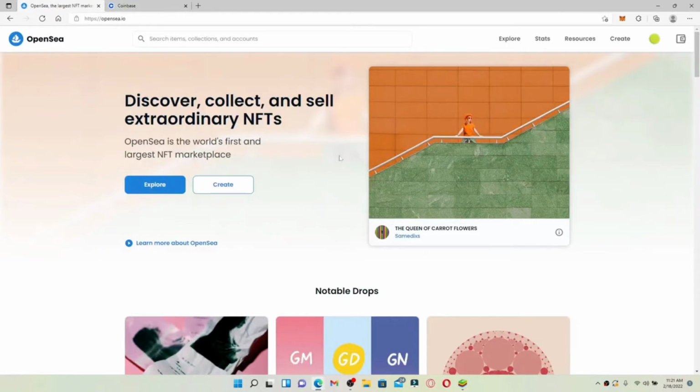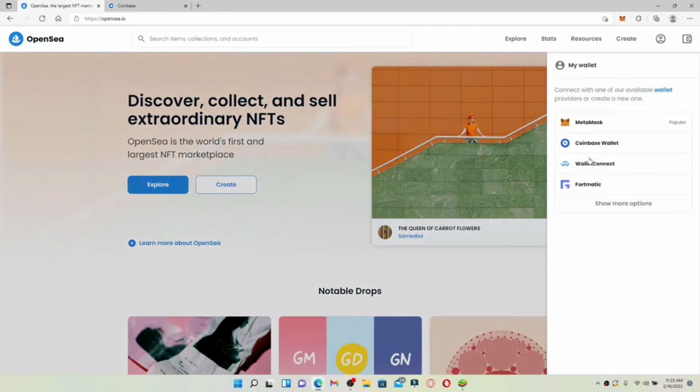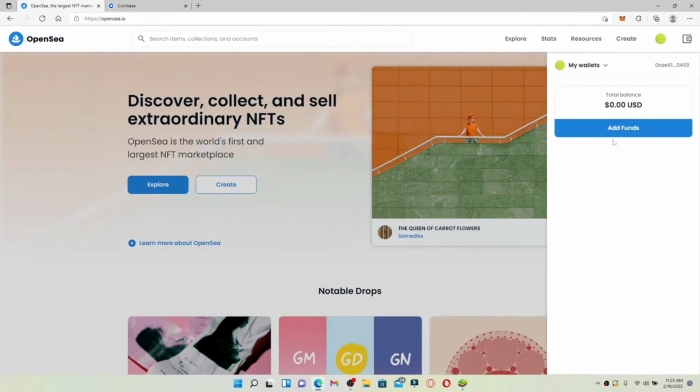Go to your OpenSea account and from the home page, go to the upper right hand corner and click on the wallet symbol. Once you click on wallet, the app now will prompt you to use one of your available wallets from the display. Click on any wallet that you'd like to go ahead with, and once you open up your wallet with OpenSea,